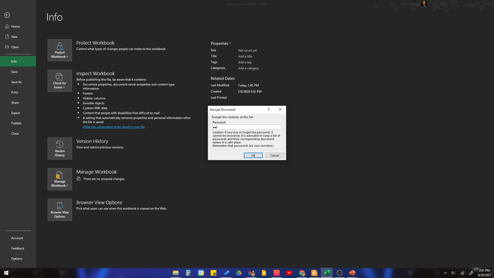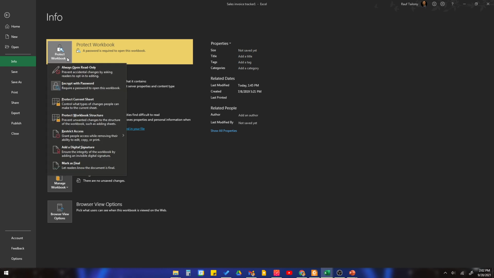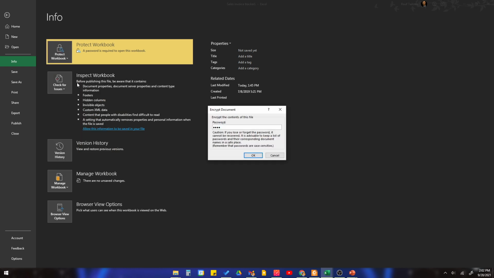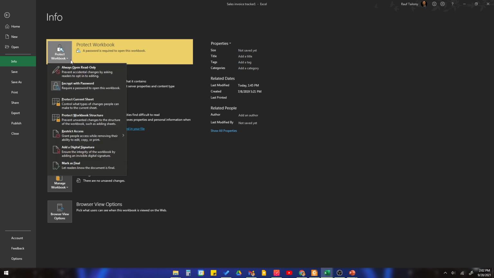What is the password? Let's use 4 zeros for the sake of the example. Okay, it says confirm your password. Okay. Now your workbook is protected. So when you close this document and you try to open it from your computer, it will ask you for the password. And without that, you can't access this workbook. Now, since we're already in the workbook, we can hit the password. Okay. And now to be able to unprotect this,